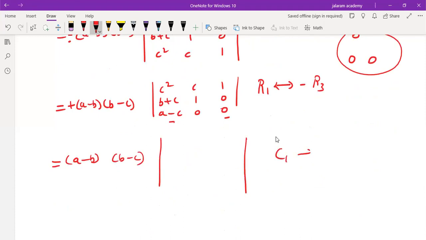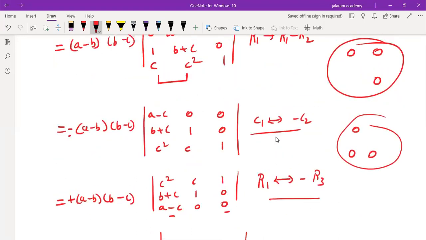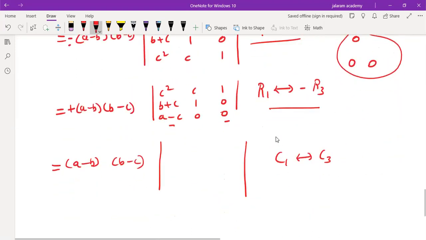So now we change C1 and C3. It is not necessary to write this property also, but if we write, we can use it in future also. It is stuck in our mind. So you can now observe it's a